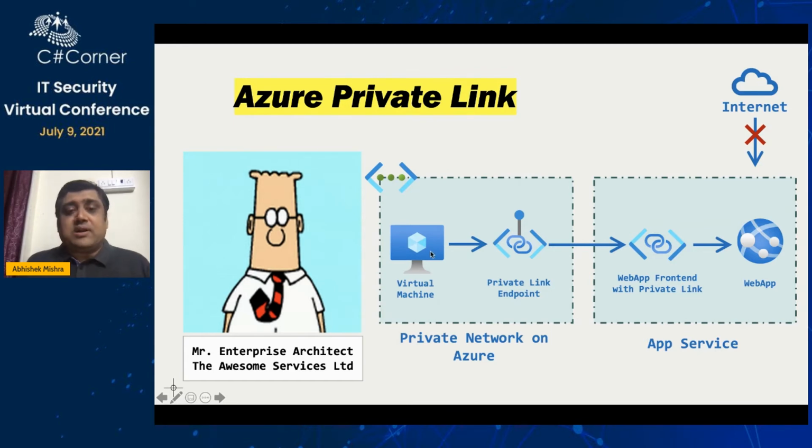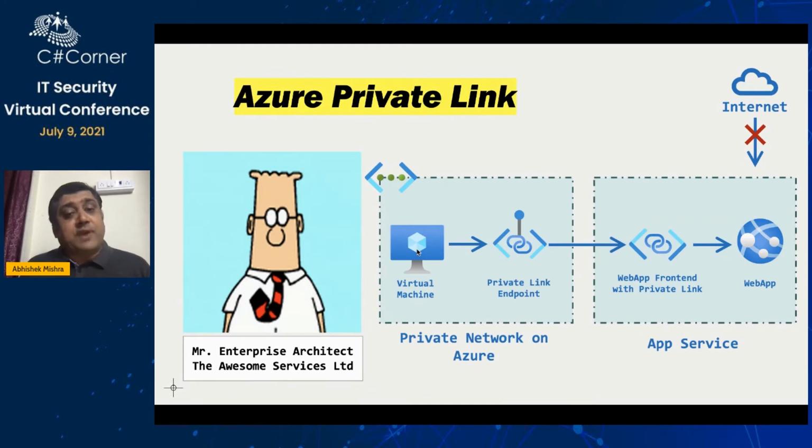Inside the virtual network, I have already created a virtual machine that will be in the stop state. I'll start it now. I need to access this virtual machine. Normally, in most of the organizations I have seen, whenever I went for solutioning, by default we can't access this virtual machine directly. Why? Because the RDP port is blocked.